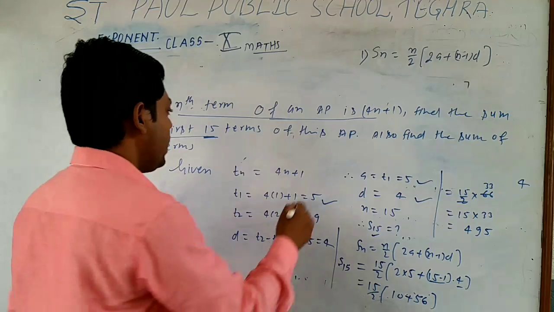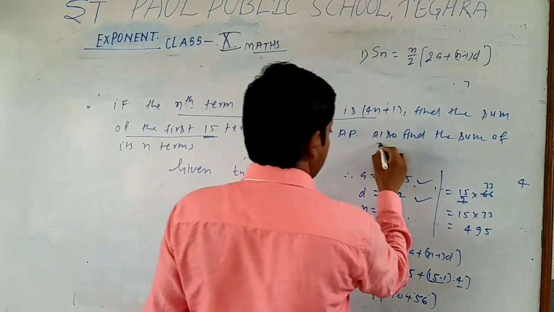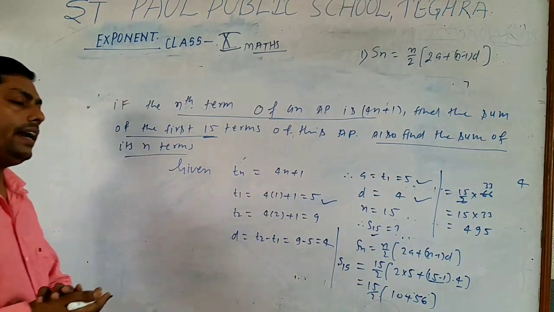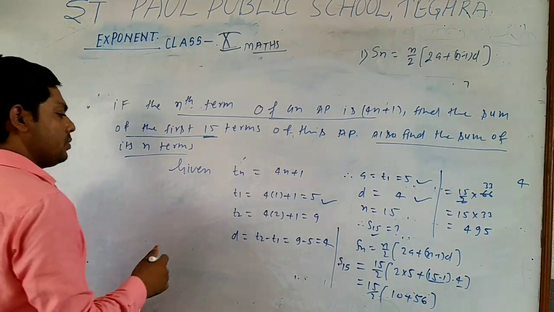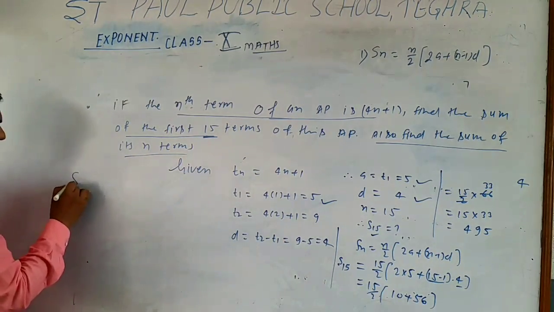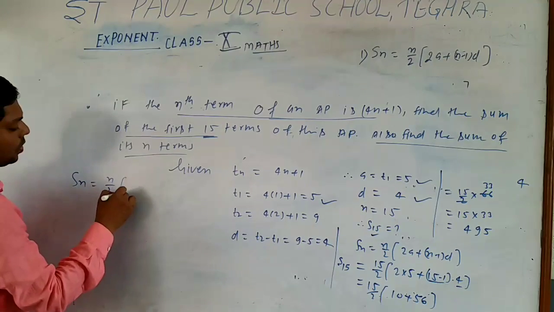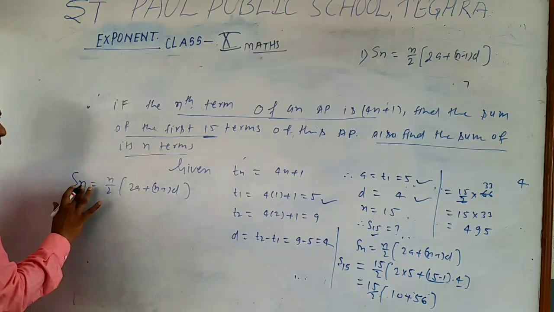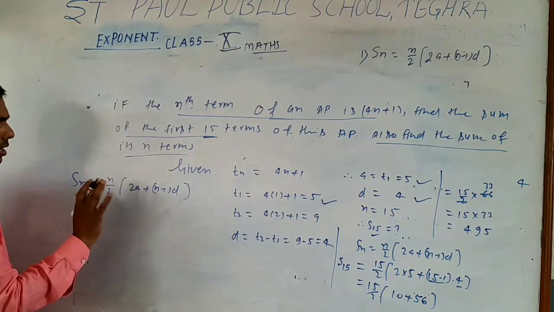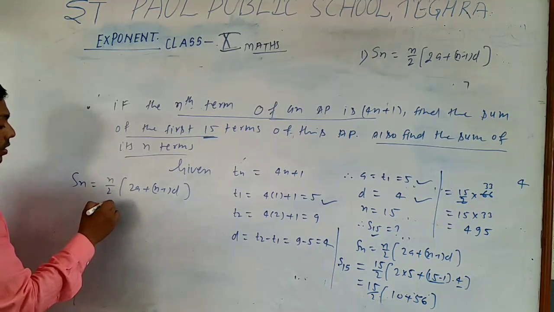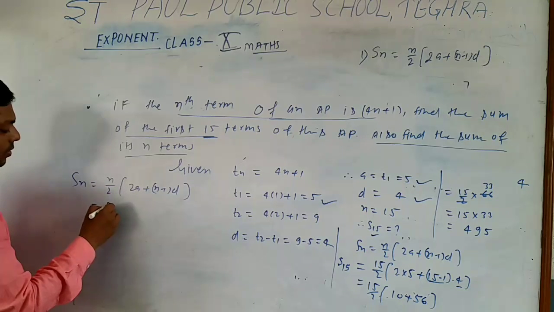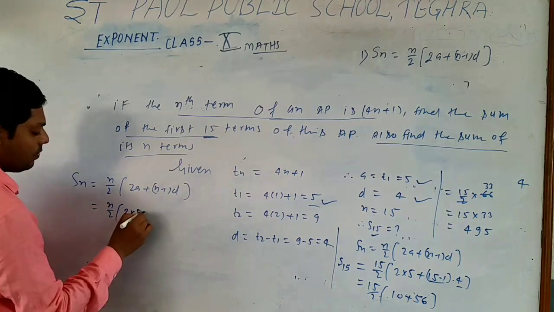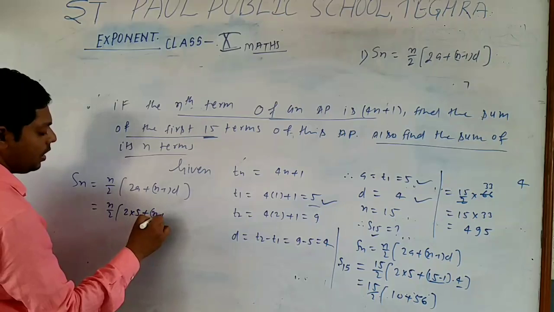Now in the next part, we also find the sum of n terms. Now we have to find the sum of n terms, that is the sum of general terms. What is the sum of n terms? That is Sn equal to n by 2 into 2a plus n minus 1 into d. Here we put n equal to n. Thus n by 2 into 2a, with the first term given as 5, plus n minus 1, and in place of d